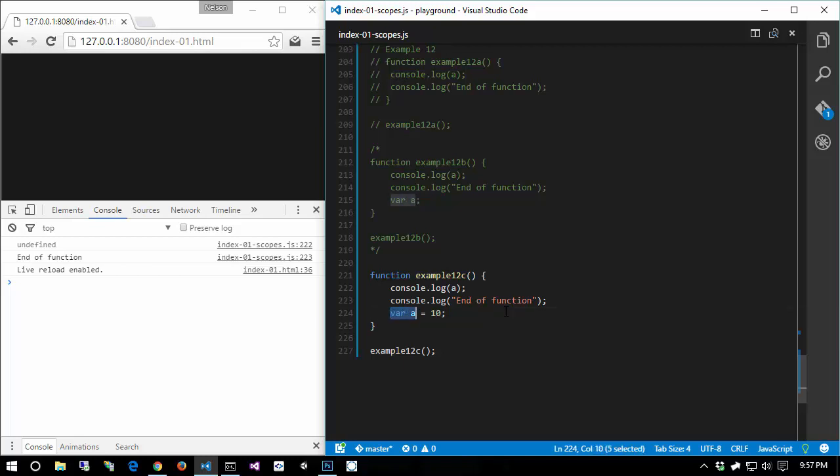Meaning, simply by doing var a, simply by writing that piece of code, simply by declaring a variable, before the function is even executed, that variable is now known, and not only known, but bound to the scope it was declared in. And what's the scope it was declared in? Well, remember, how do you know what scope a variable is declared in? You look at the closest function, and what's the closest function? Example 12c. So the var a gets attached to the example 12c scope before the function is executed,